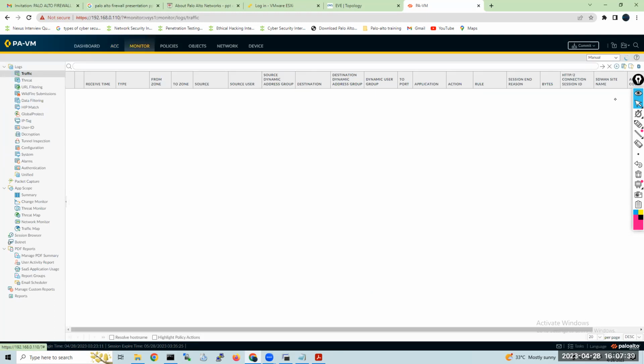In monitoring, we see threats, URL filtering, WildFire, data filtering, a lot of parameters: user ID, encryption, tunnel inspection, configurations.